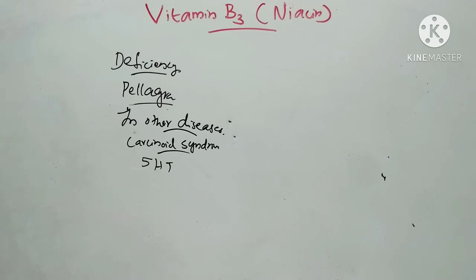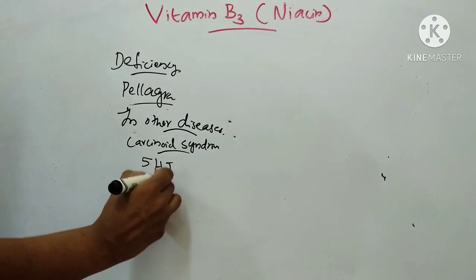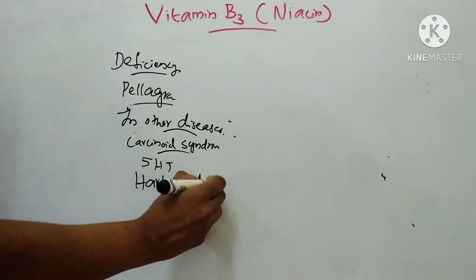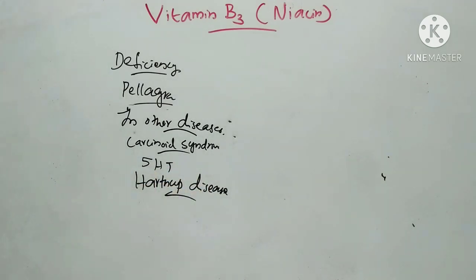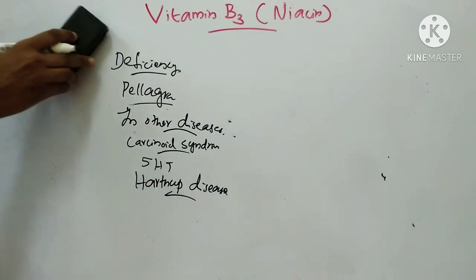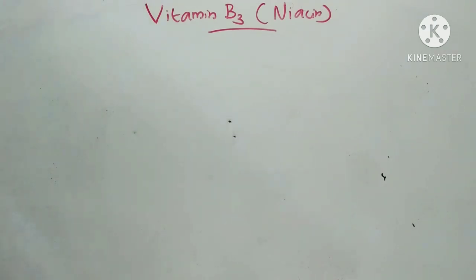Next one is Hartnup disease. Pellagra may be associated with Hartnup disease. Tryptophan deficiency occurs due to a genetic defect in the membrane transport mechanism for tryptophan, and it results in great loss of tryptophan. The reason is intestinal malabsorption and failure of the renal absorption mechanism due to the genetic defect. These are the deficiency diseases. Then next, we will see the daily requirement.